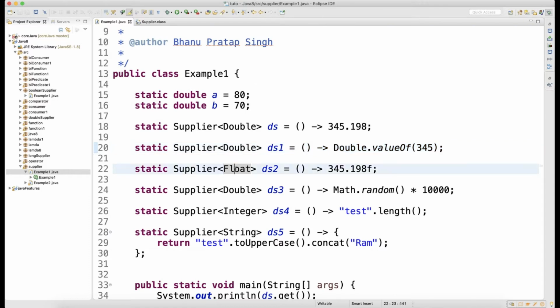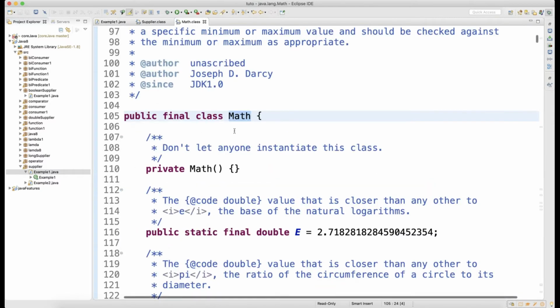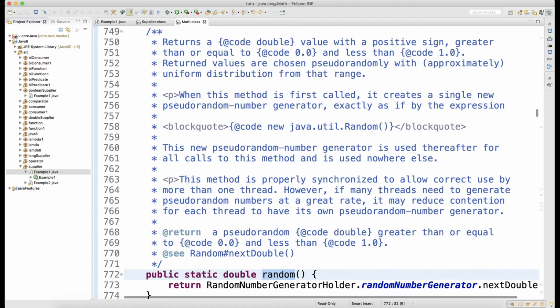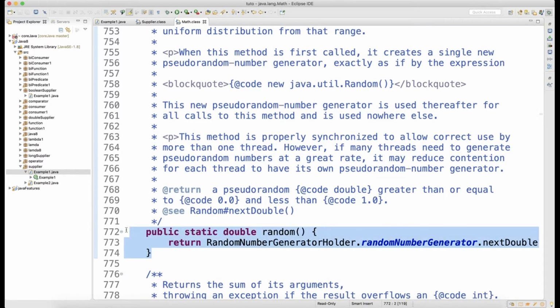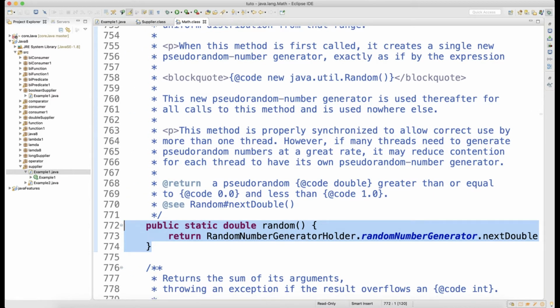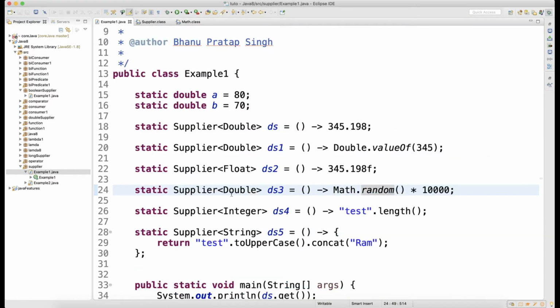You have written the function with the help of lambda expressions. Got it? So here again my supplier will produce float. Again here this supplier will produce double. So you know Math.random, and when you multiply by 1000, this supplier will give you double data, right? You can press Control, click on Math. If you go there, Math is basically a final class, right? And you are calling the method called random. So click Control, click on random. You can see that it will give you one random number, okay, and you are multiplying by 1000. So what is the return type of this random? Return type is double, right? So this supplier will give you the double.